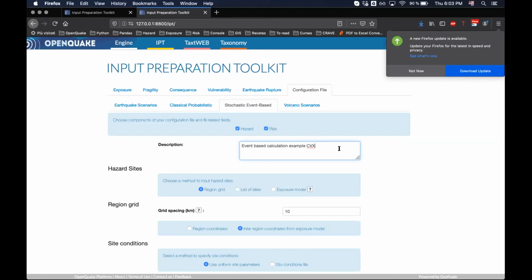As you can imagine, this is the most computationally expensive calculation that you can do. You can go crazy and say, I would like to explore the next million years. It depends. If you are in the Pacific Islands, you could generate 30,000 events in 1 year because there are many. We can also specify the minimum magnitude, the maximum is inside the files. But be careful when you go back and want to do event-based risk for Canada, because